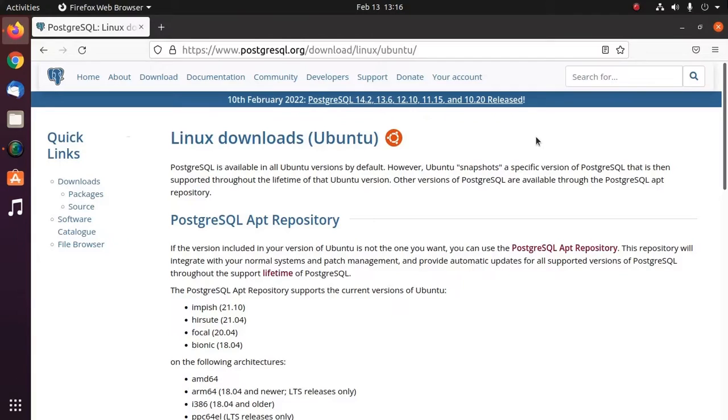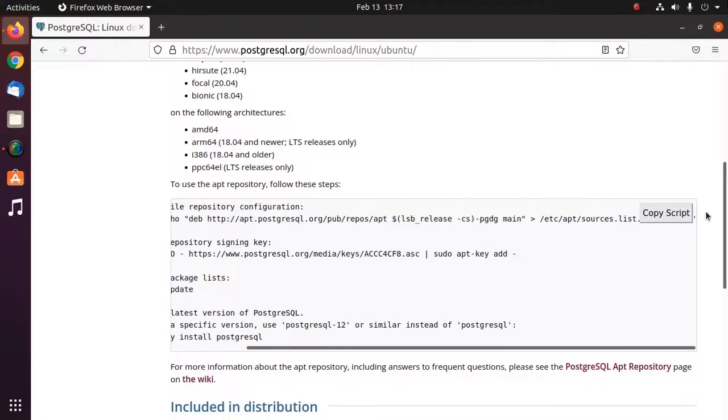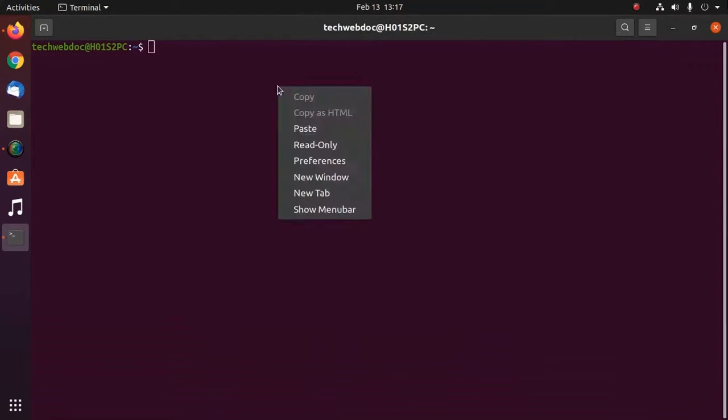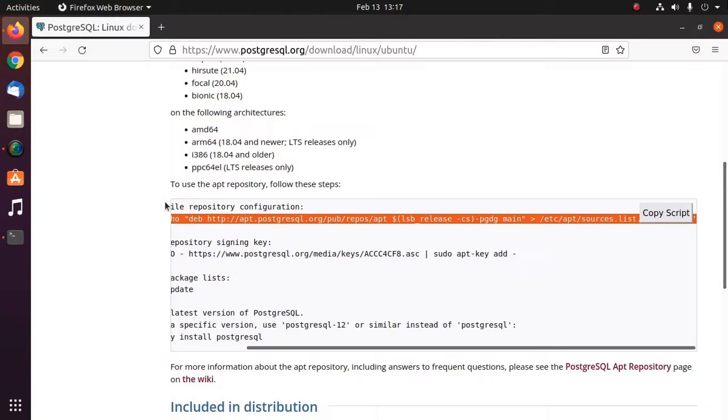Let's get started. If you want to install the latest version of PostgreSQL, copy this script and then open a new terminal and then paste here and then enter the password. Okay,